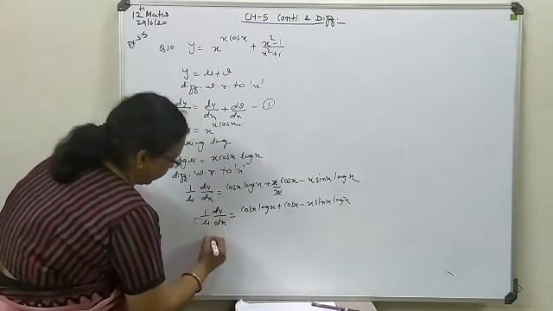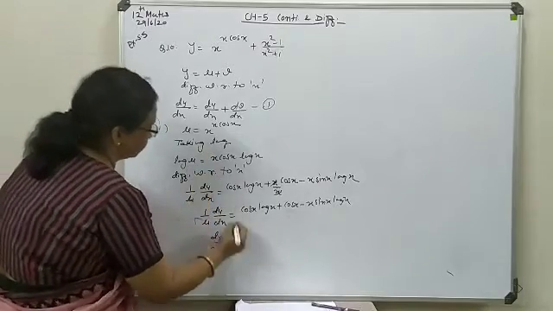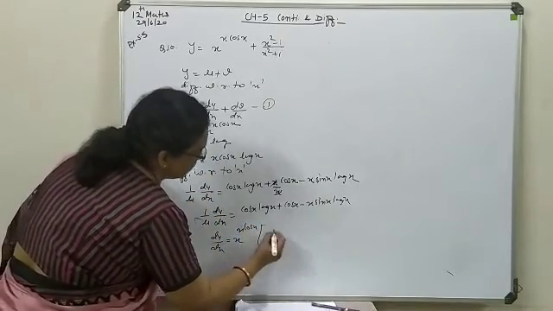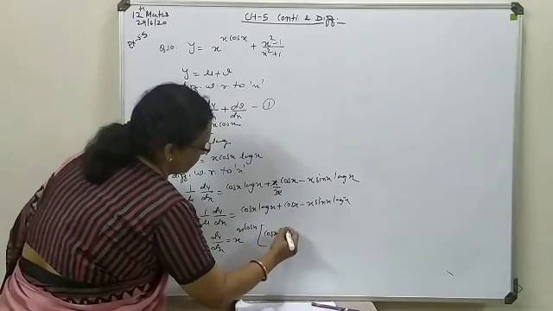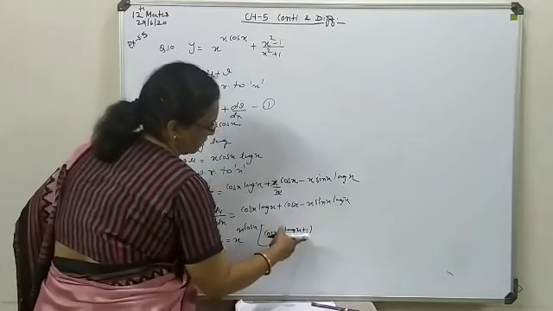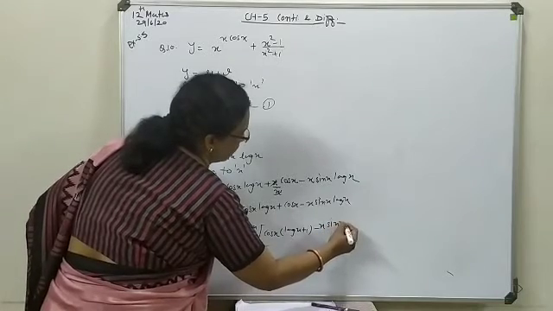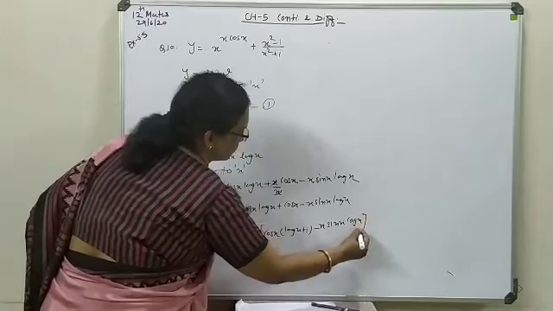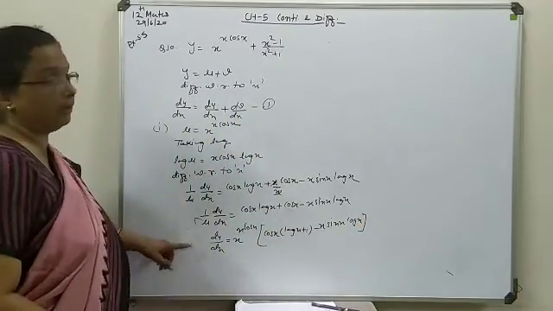U is to be multiplied, du by dx, u means x power cos of x, this whole expression you will write as such, cos of x, even you can take here common, log of x plus 1, and it can be combined as a log xe minus x. If you want to make it, you can. So this is the derivation regarding u.